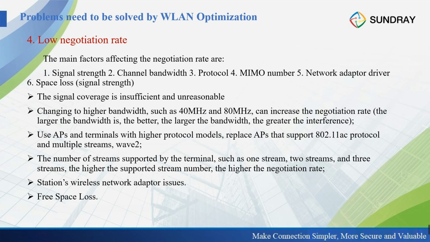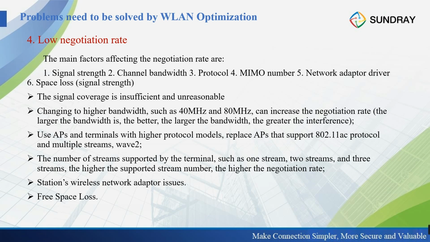For this, we know that the 1.3 gigabits is for 2 by 2 MIMO devices. On 5G only, it can support 800 Mbps. So the protocol and the MIMO can also affect the speed of a terminal. And also the network adapter driver. Sometimes most of the laptops have good speed, but only one or two older laptops are slow. So that is the problem of that network adapter. We also need to consider these things,